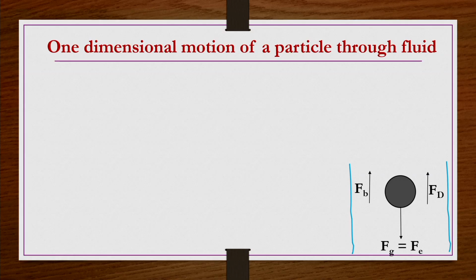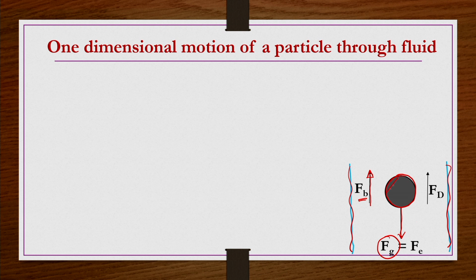Okay. Now consider the same thing here. Whatever we have discussed till now, there is a particle, but I have drawn it in a smaller geometry to include the other terms also. So now we have a container and a particle settling under gravity. The gravitational force Fg is acting downwards here. There will be a buoyant force acting opposite to the force causing the motion. So the buoyant force Fb is acting opposite to Fg.